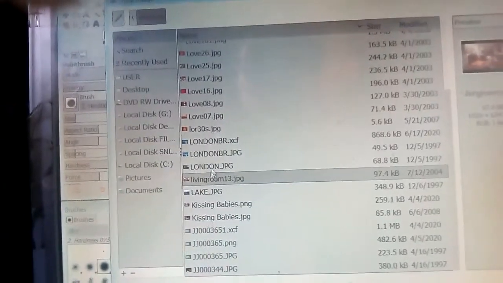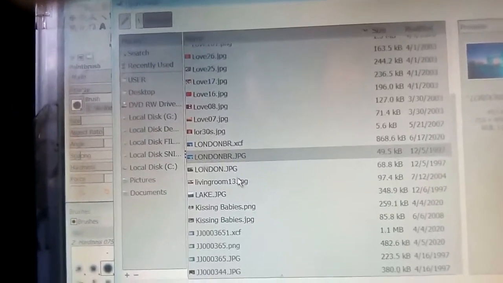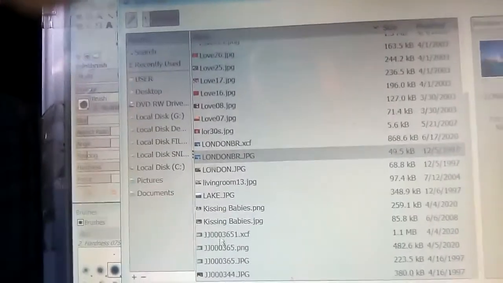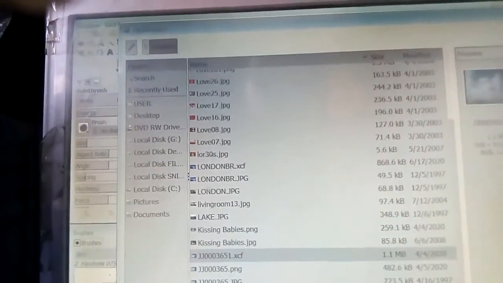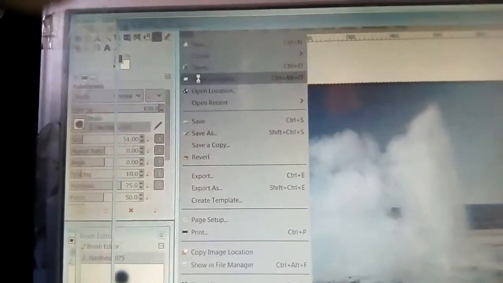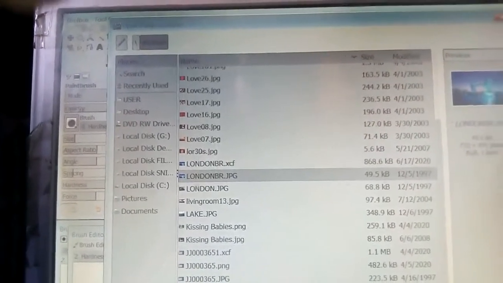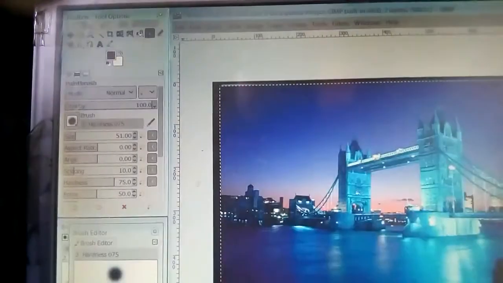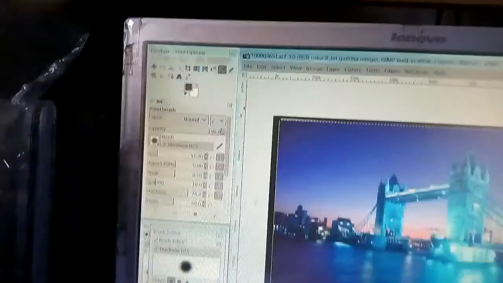Suppose I have taken this one first, and for the second image, file, open as layers, and then take any one and open. Okay, two images I have opened. Here you can see the two images. Two layers are there.